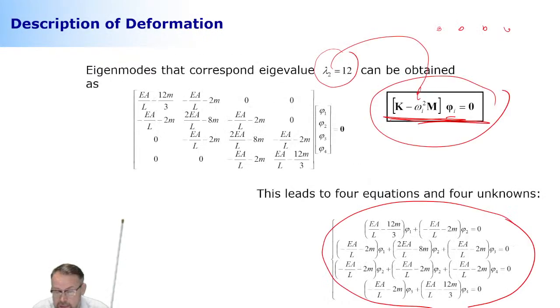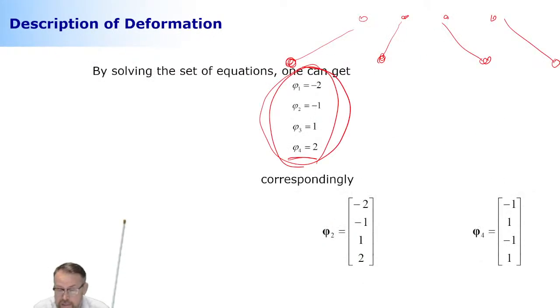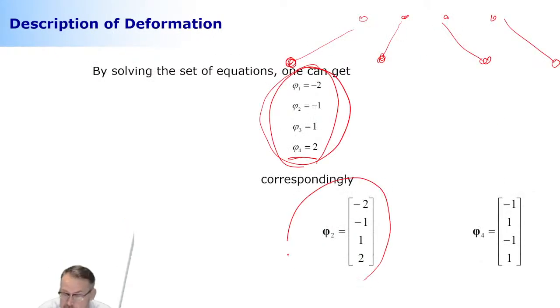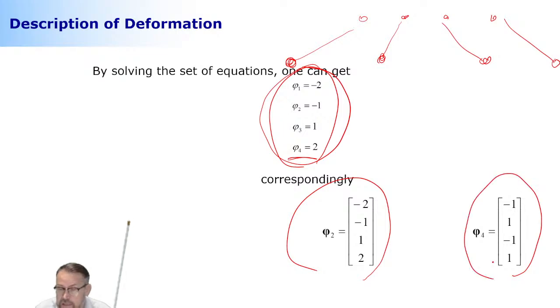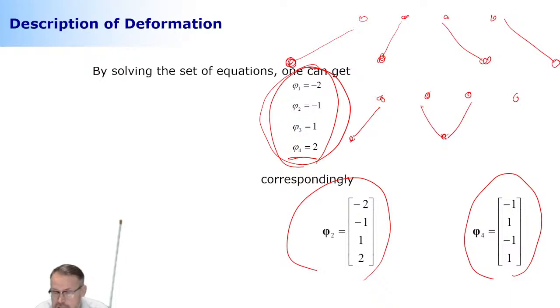All right, so we got this 12, this is the vector. The fourth one was like this. It meant that if it is originally like this, the first one was moving in this direction, the second one in this direction, this one in this direction. So it's like a wave traveling within the structure. This is what it is. So that was an example about eigenvalue analysis.